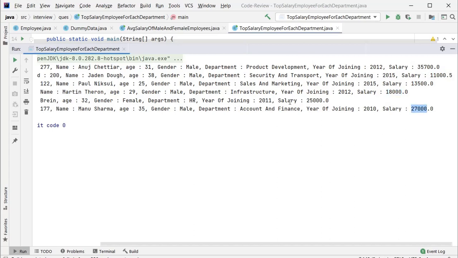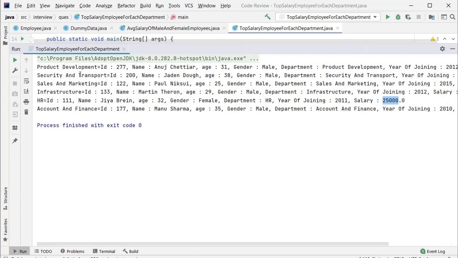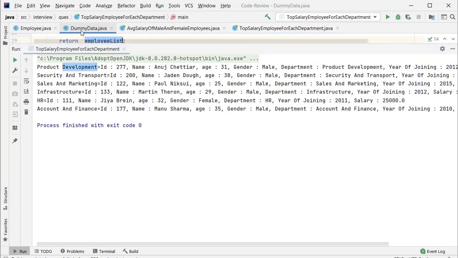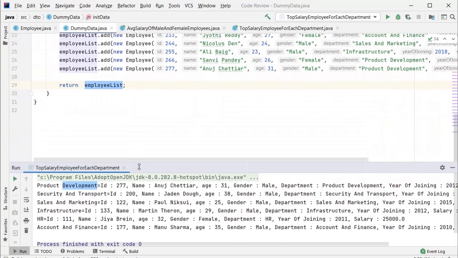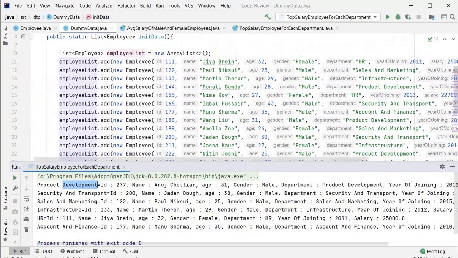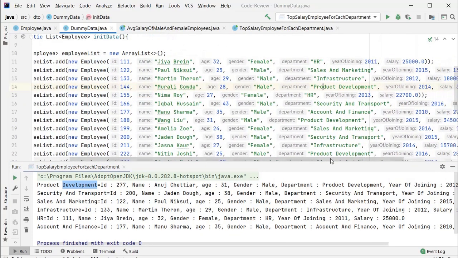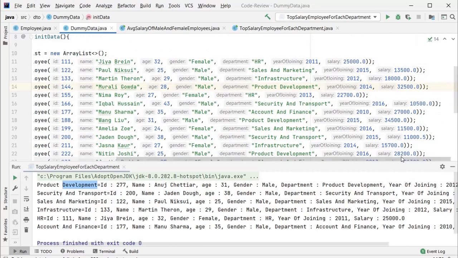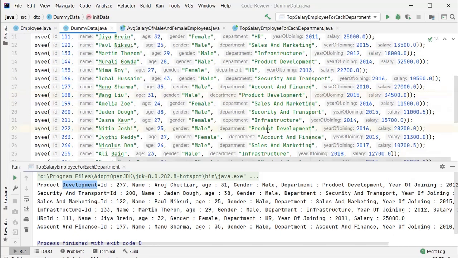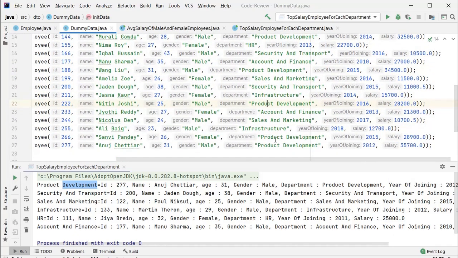If you want to cross verify from the data, I'll cross verify one. So the product department, and I'll go inside the Dummy data class, and where is the product department, this is the product department, and its highest salary is, again it's a product department, again a product department.